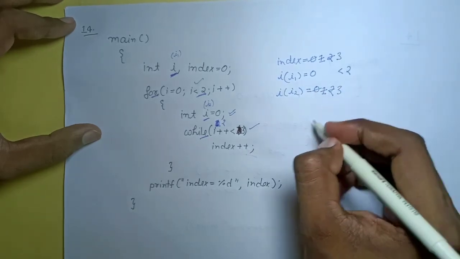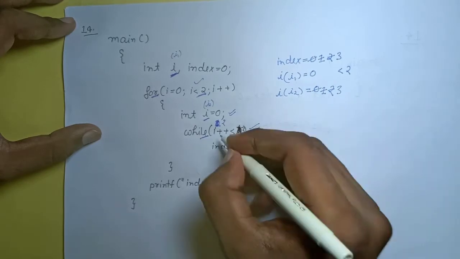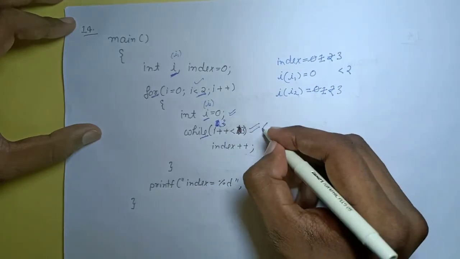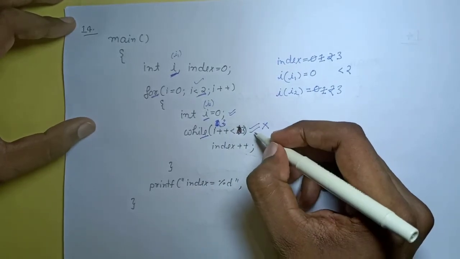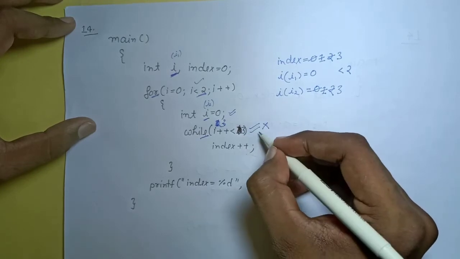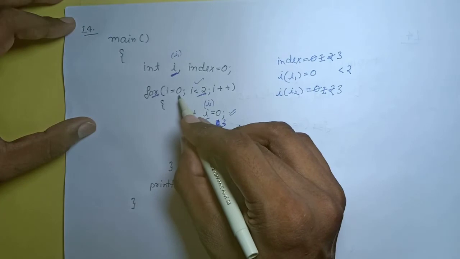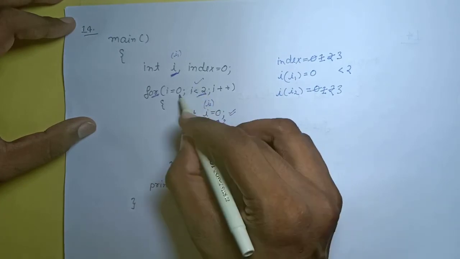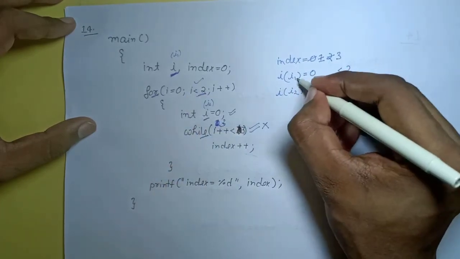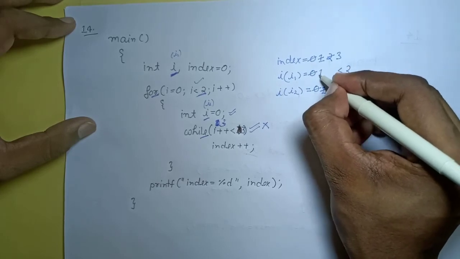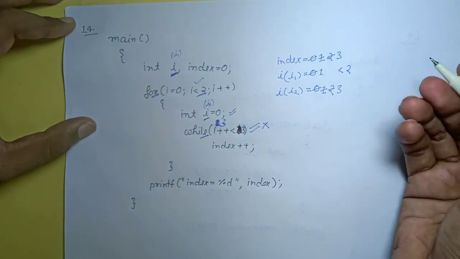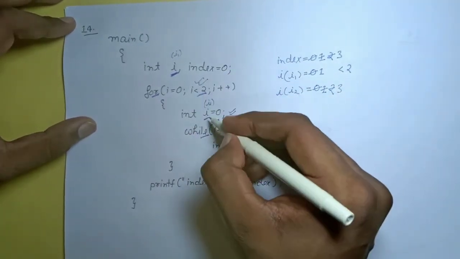So we come again here, then we check 3 is less than 3. Obviously 3 is not less than 3, which means the condition is false and this loop terminates. Now the control comes to the outer loop, and here the value of I1 is increased by 1. 1 is less than 2, obviously, the condition is true. We again come inside the loop.